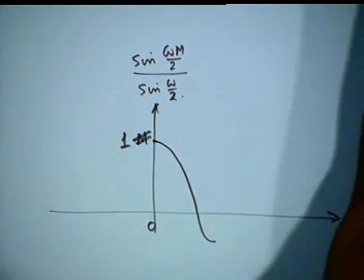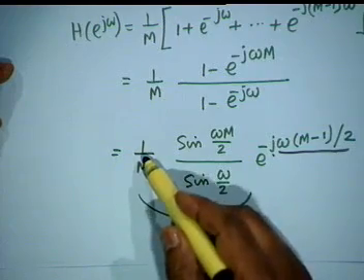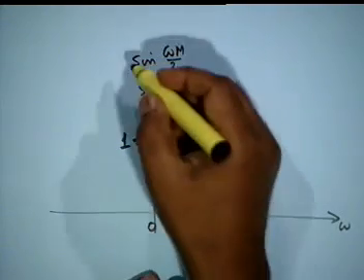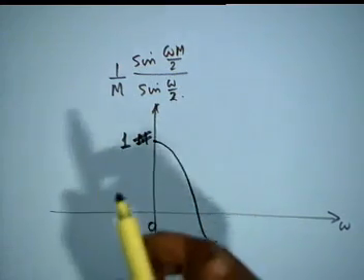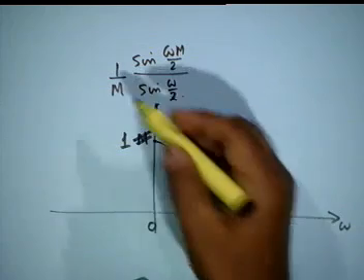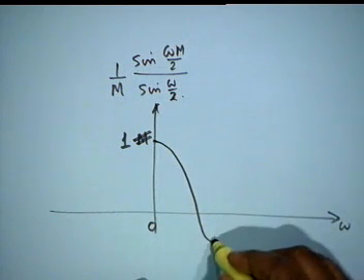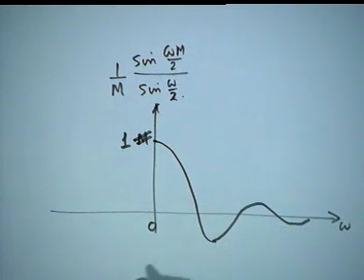What he says is the following, and he is quite correct. There is a 1 by M here. So, he is correct and incorrect both. Only when I write this as 1 by M, the maximum will be 1. Okay, we will take this as 1, all right. 1 by M times this. Then it executes damped oscillations, that is, it goes like this and then like this and so on.